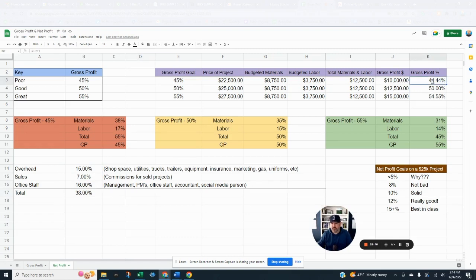If you don't, if you start getting into under 45, under 40, God forbid, 35% gross profit, you're going to have to be really, really efficient, really, really lean. And it just makes it really, really hard. So let's learn from that. Best in class companies don't do that, right? Best in class companies are running at 14, 15, 17, 18% profit. And they have healthy margins, they have healthy bank accounts, and they're hiring guys.